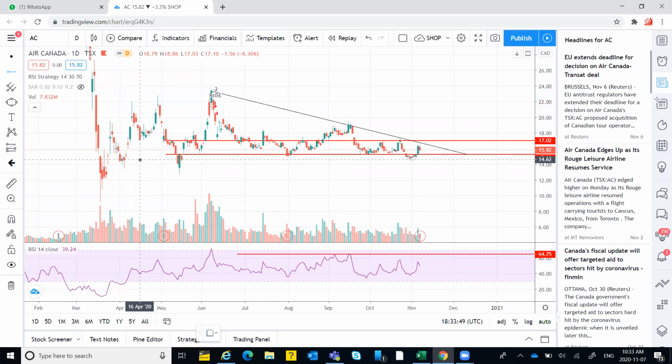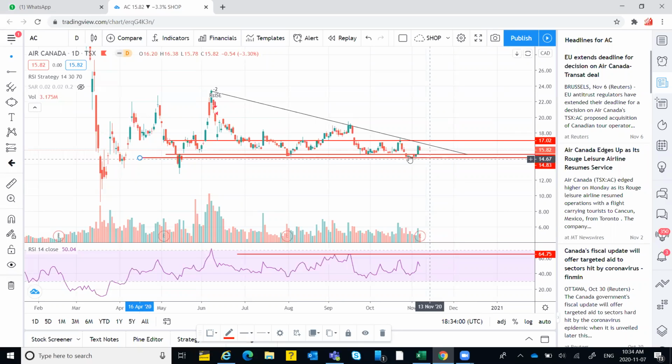So this is a range, a channel. This channel is 15.28 to 14.8, and I would say an average of 15. In this channel the stock has a support, and then the resistance is coming at a level of 16.6